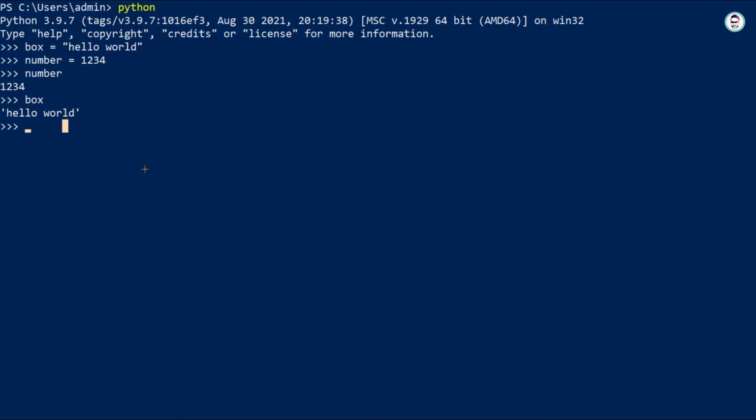How are a string and a number different? As here you can see 2 into 3, this will give you 6. But if I write 2 in inverted quotes and then multiply it by 3, it will print 2 three times.